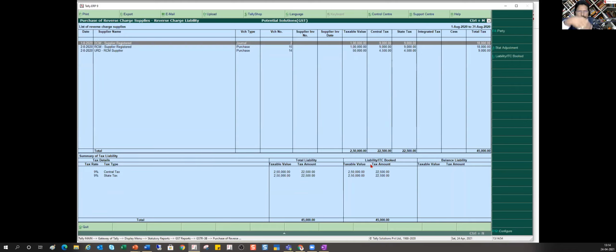Okay, so it will now reflect in your GST tax ledger. If you don't pass this entry, the return will show the value, but your GST tax ledger will not get updated with the value. That is why these adjustment entries are very important. Clear?